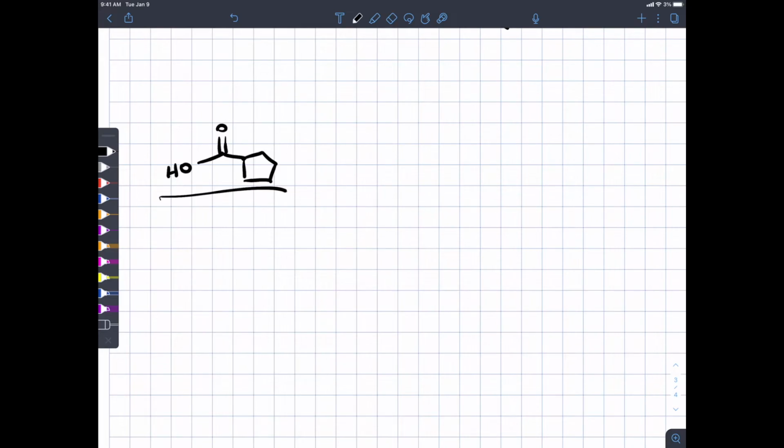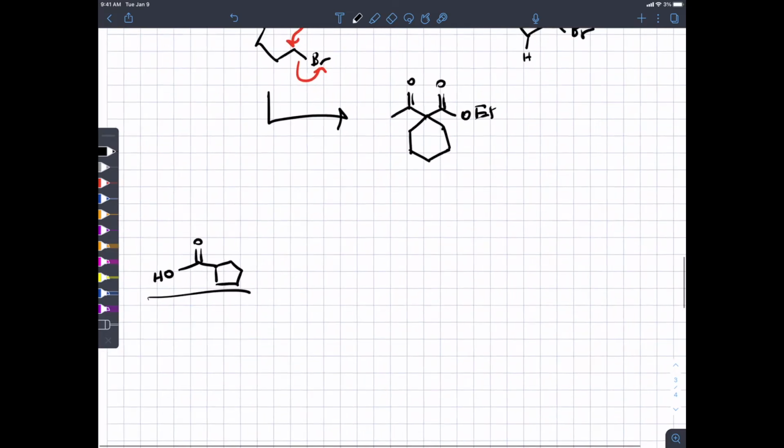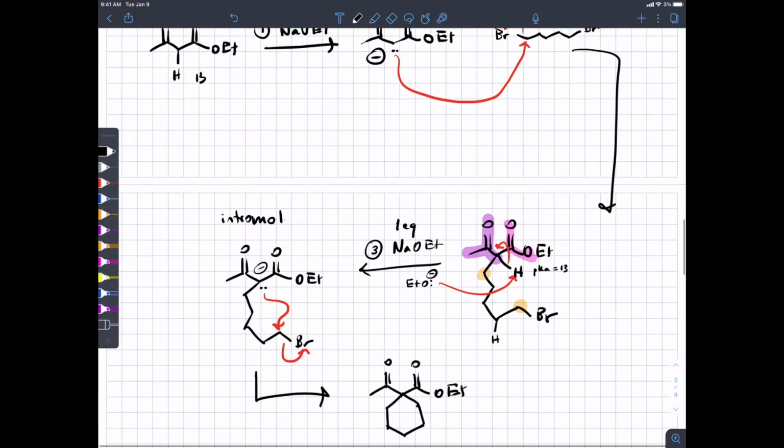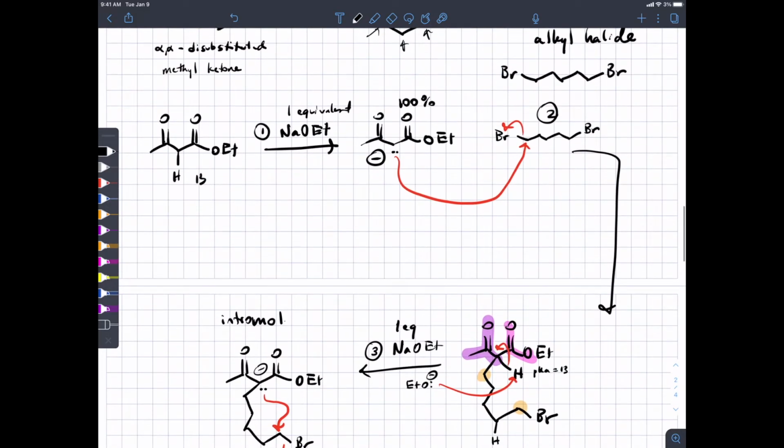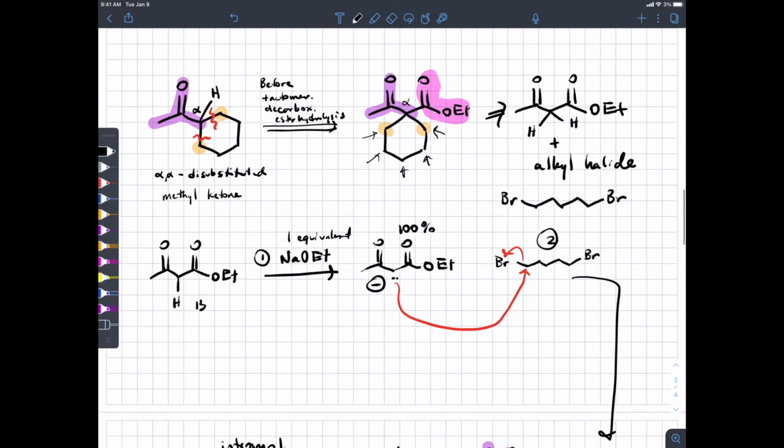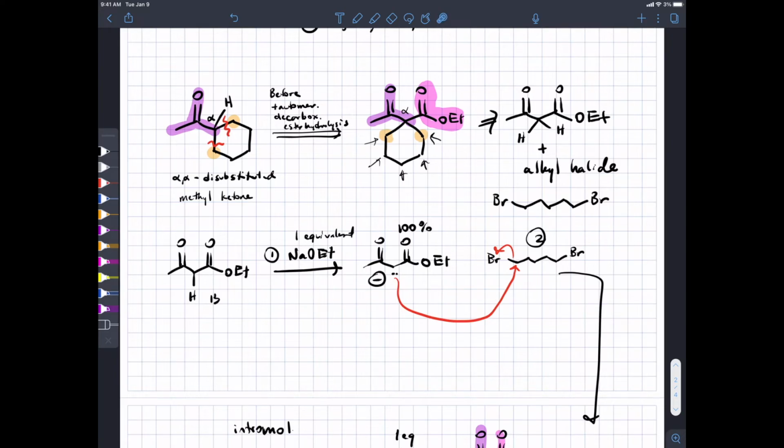Go ahead. Sorry, just going back to the last one. Just thought with resonance, would it be possible to do an ether synthesis using the oxygen at the top there? Okay, right. I think your point is that this negative charge is on multiple atoms, on that carbon and those two oxygens. And the question is, do we ever alkylate on the oxygen? You can do that, but most of the time not,